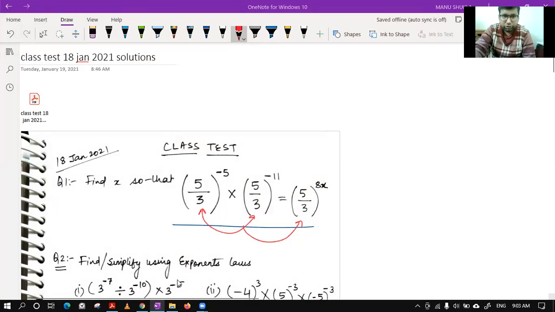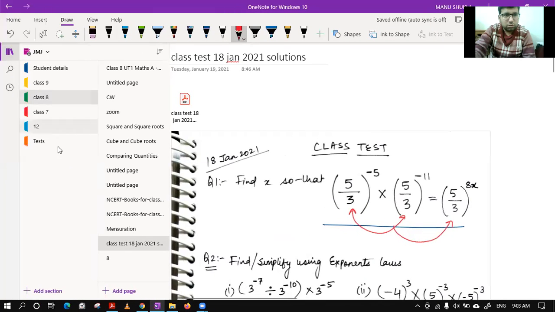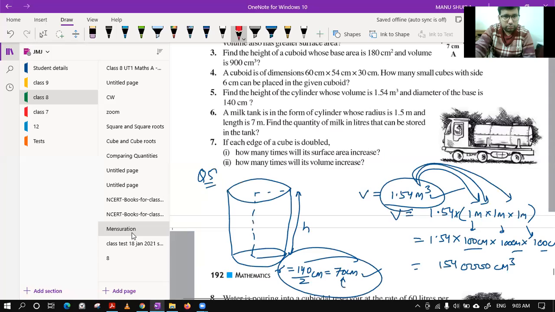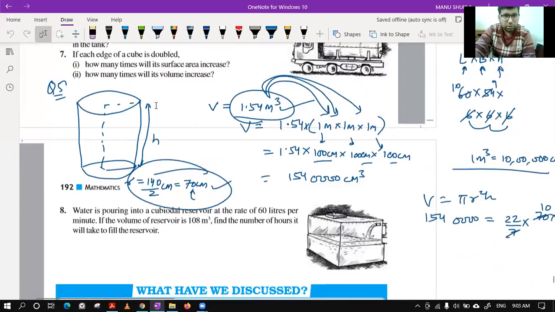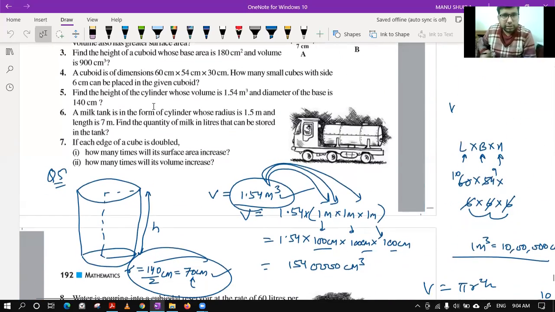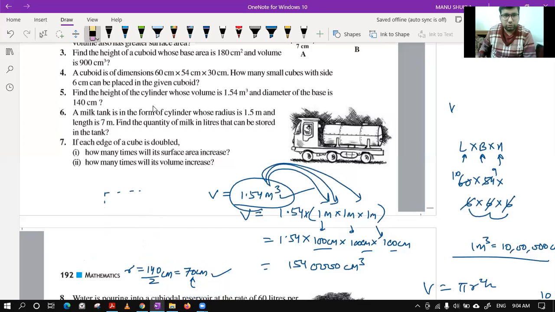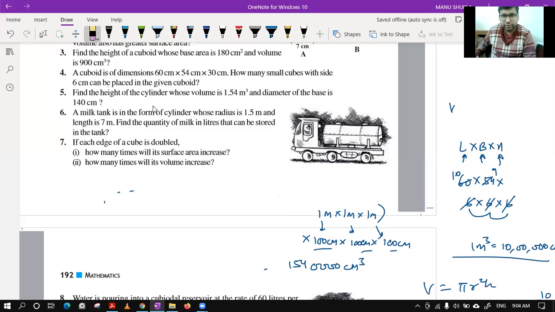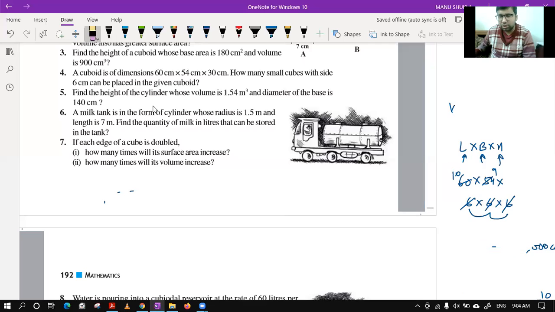Now, let's see what we were doing. We were solving this mensuration. Okay, fine. We were on which question yesterday? I think this cuboid one is done. Fifth one is also done. Please confirm which question we did last time. Please confirm. Question 5 was done. Okay, Hitain. Let's see question number 6. This chapter is almost done now. Soon we will start the new chapter, that is construction.